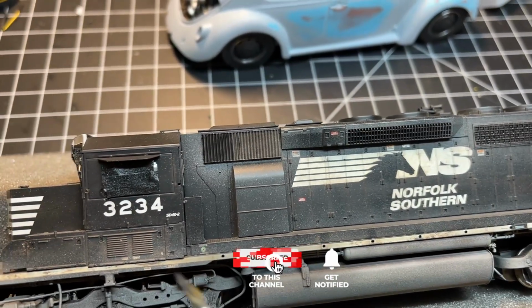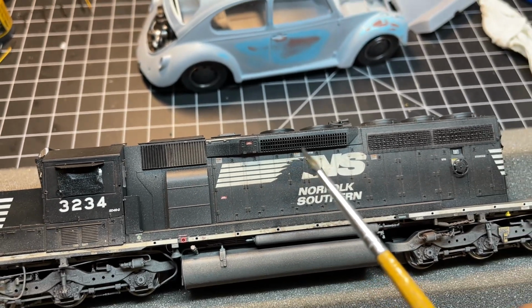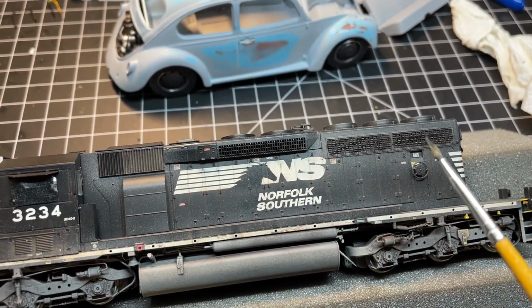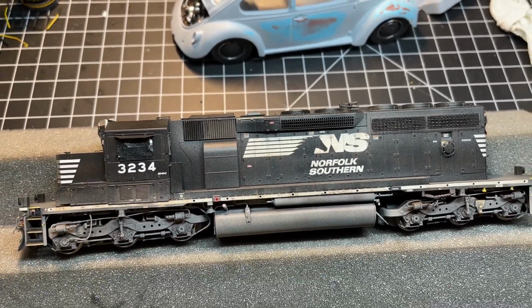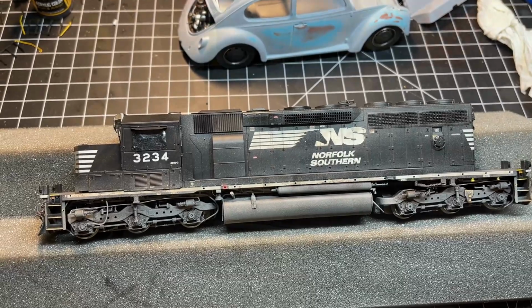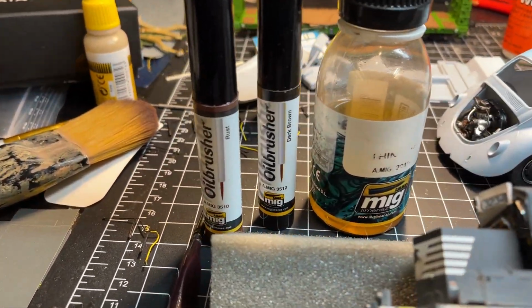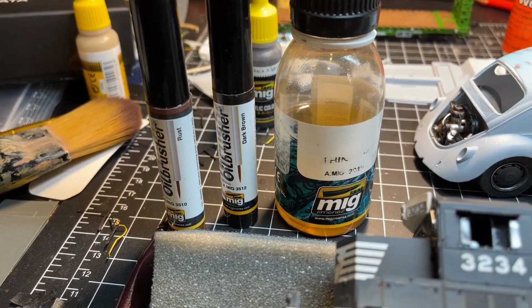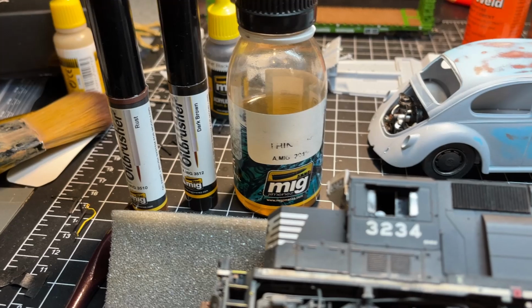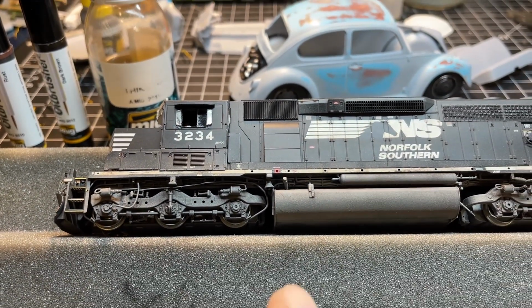And then, like I was saying previously, if you look around those exhaust and all that stuff, it's typically lighter, but the exhaust is really black. So you have to get some reference so you can see what's happening. And here I am using oils and thinners. And so I'm going to get right into these trucks